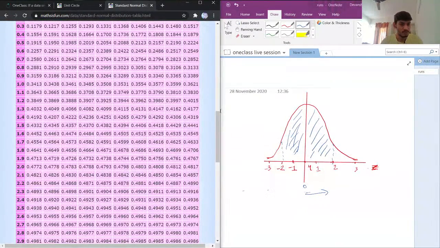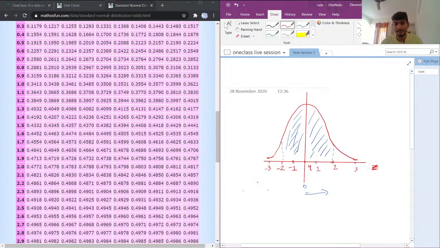So for 2, you can see we need to find for 2.0. So we'll be looking for this particular value. So for z equal to 2.0, I'll use red pen. Z equal to 2.0, area under the curve from 0 to 2. So it is basically referring to only this part of the area, which I am highlighting with red right now,